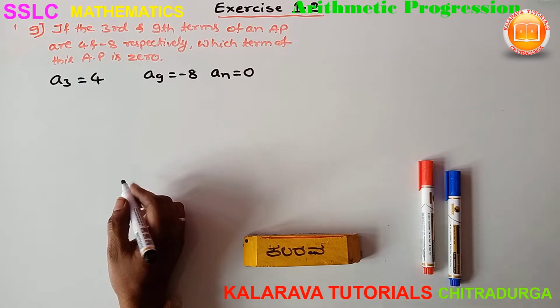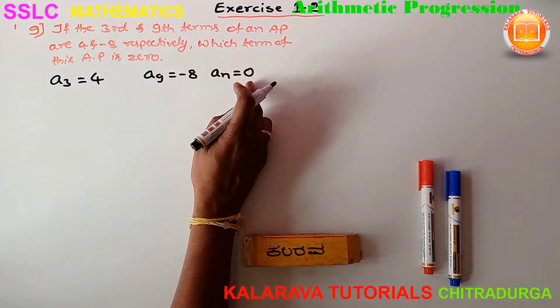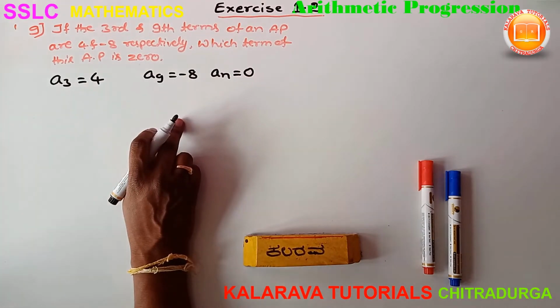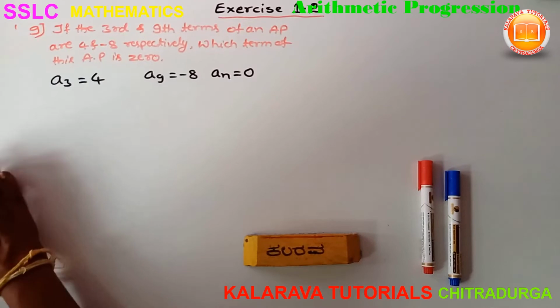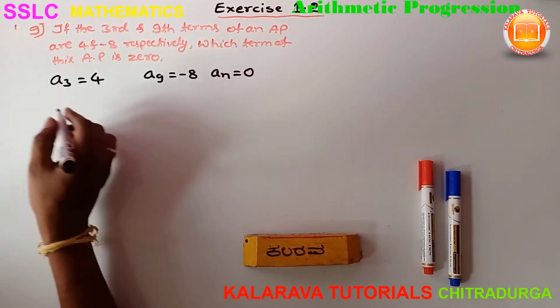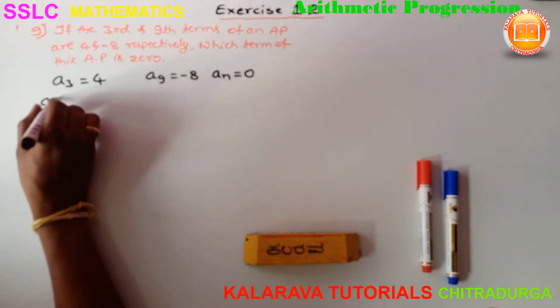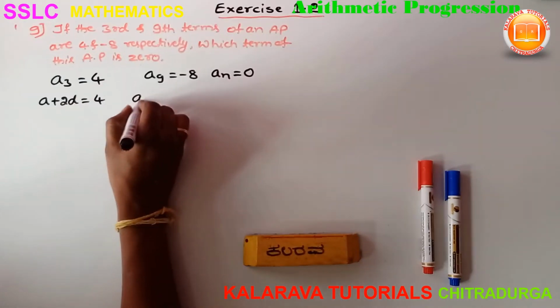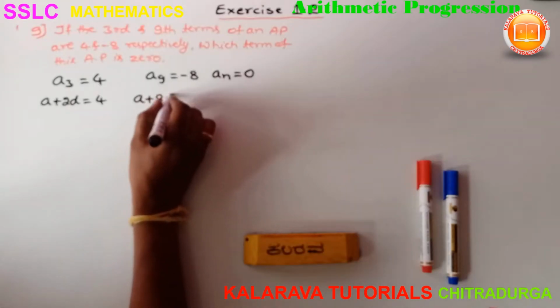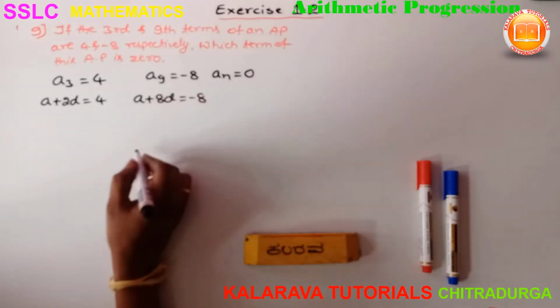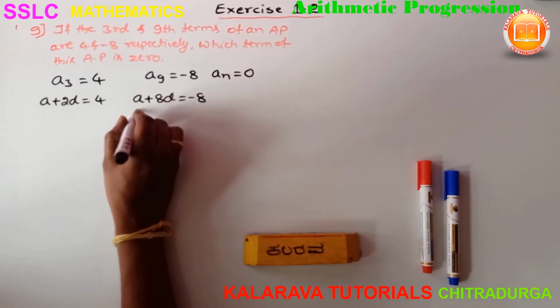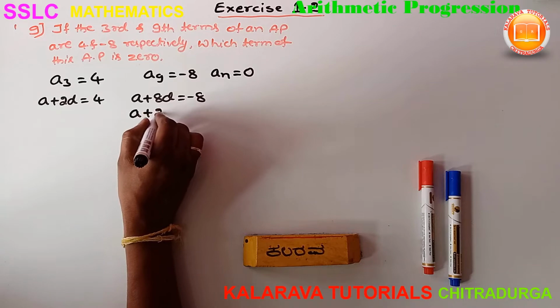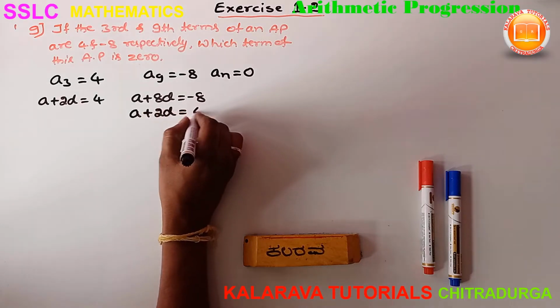If the term is 0, that means an is 0. So by using these two, we have to find out the values of A and D first. A3 is A plus 2D is equal to 4. Here A9 means A plus 8D is equal to minus 8. So by taking these two equations at a time,